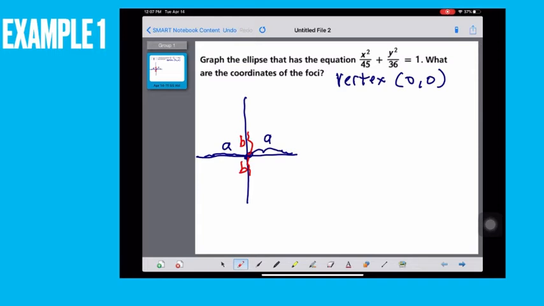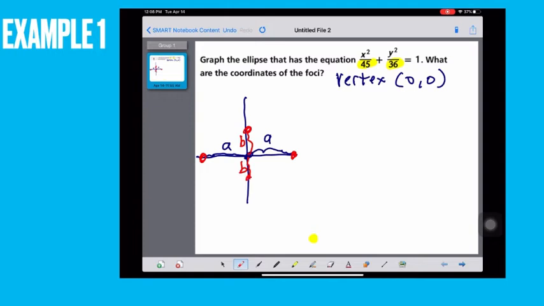Now, how do I know if this is going to be short and fat or tall and skinny? Well, we look at these values right here. Since 45 is bigger than 36, that tells me that this is going to be the long, and this is going to be kind of this short and fat type of graph. So what we want to be able to do is find kind of this point here,